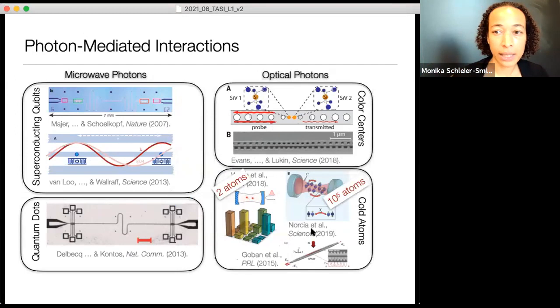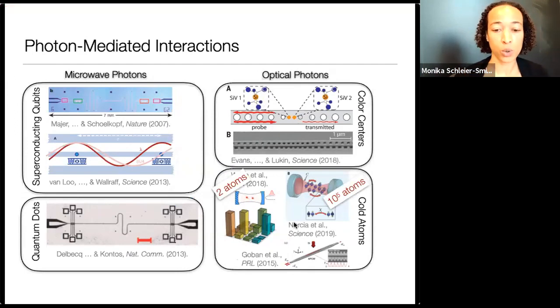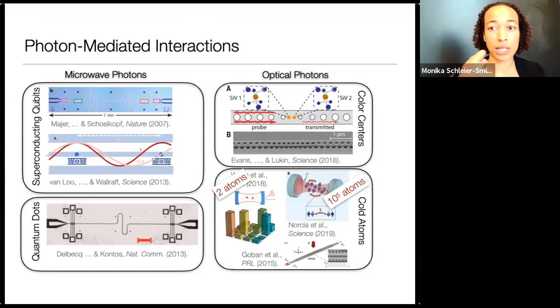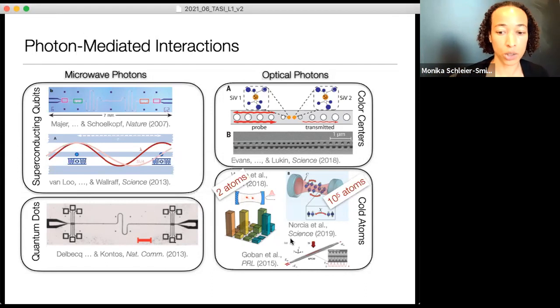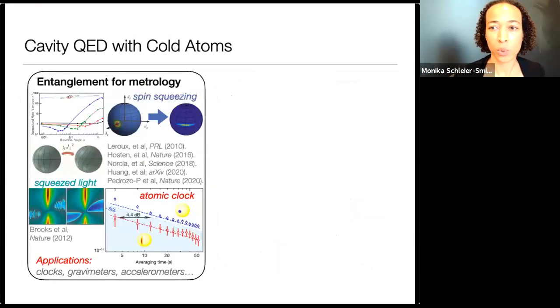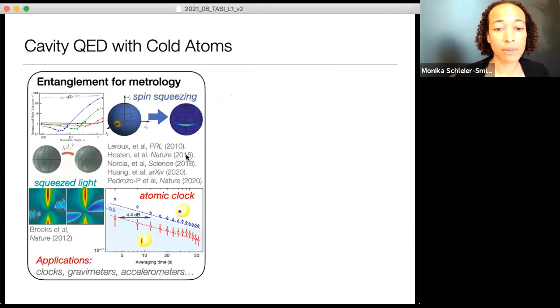But one of the key features of this cold atom platform is it's again very scalable. So you could have two atoms that have a photon-mediated quantum gate, or you could have an ensemble of 100,000 atoms and use these interactions to generate collective entanglement in these larger systems. So just to give a flavor of some things that have been done in the past with these systems, I gave this example earlier of making quantum states that are useful for enhanced sensing.